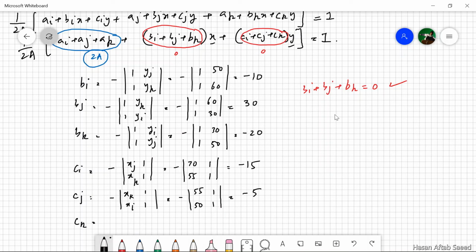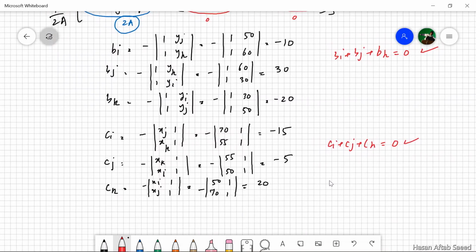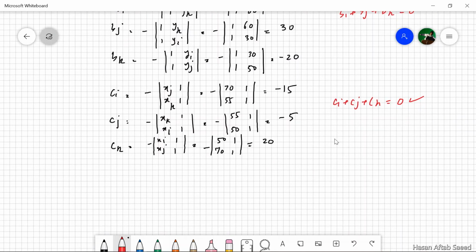Finally, Ck, Xi Xj, 1, 1, 50, 70, and the negative sign outside. So you have 20. Again, Ci plus Cj plus Ck is equal to 0, and this means that our values are correct. Now recall that 2A was 500, so all we need now is to write the shape function Ni, which is a